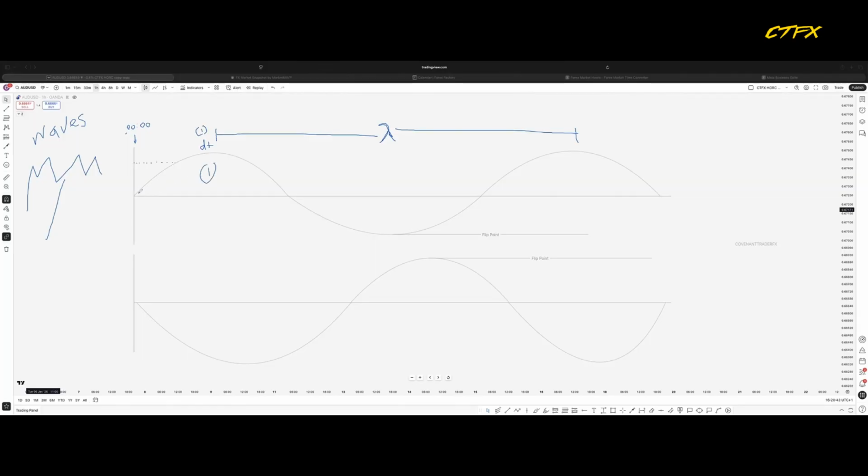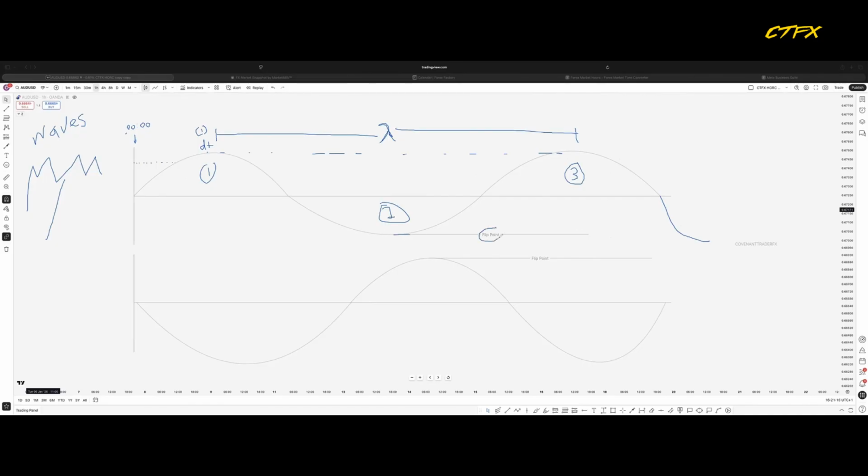This is the first cycle, this move here. Then this move here will be the second cycle. Then this is the third cycle. What is that telling us? That tells us that when this 3 cycle is completed and the market comes down like this, to take out this low again, because at each of this cycle, this side must have been taken by this particular area. So that's buyers. Then if they come and take this low again, this low is a flip point.